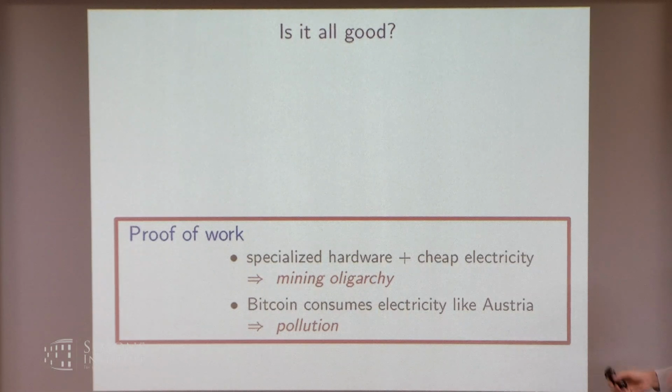I think the biggest worry of Bitcoin and using proof of work is the electricity consumption. There's a website that tells you which country is closest to how much Bitcoin consumes, and right now it's Austria. So Bitcoin mining consumes as much electricity as all of Austria, which leads to a lot of pollution. I guess Bitcoin fans will tell you that the banking system also needs a lot of electricity. But if you compare the fraction of global payments that Bitcoin represents, it is very much more expensive than any other means of payment.